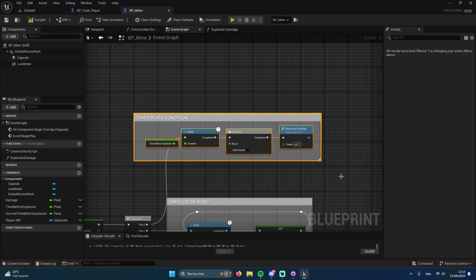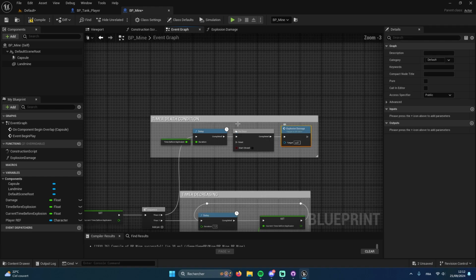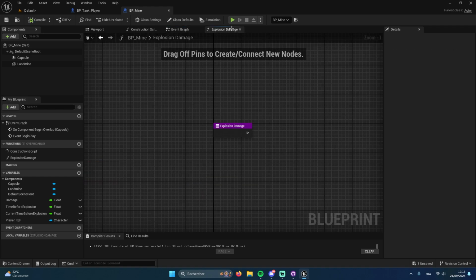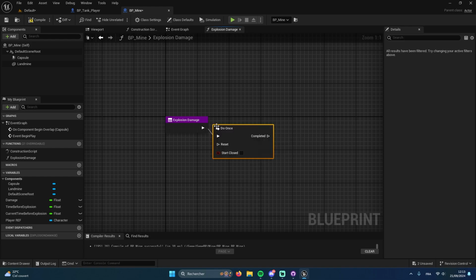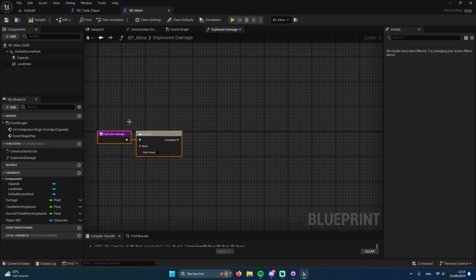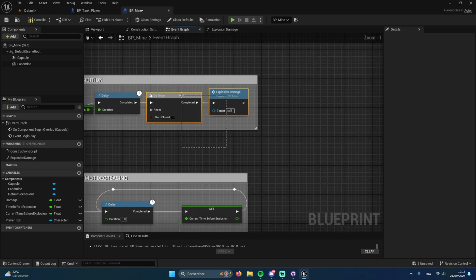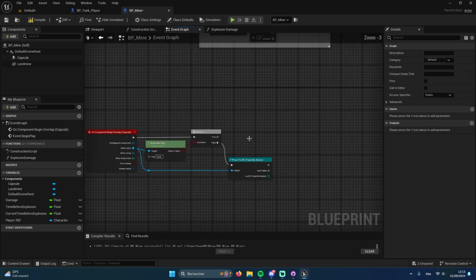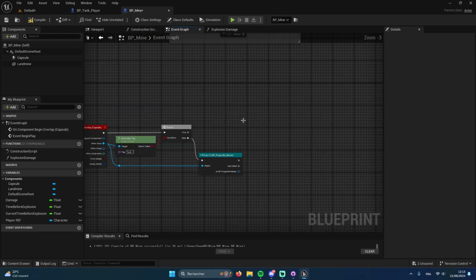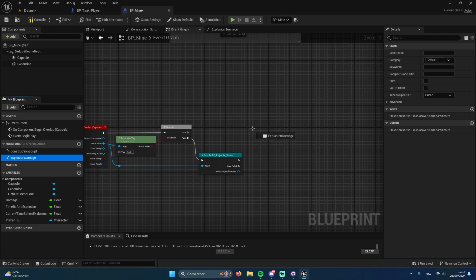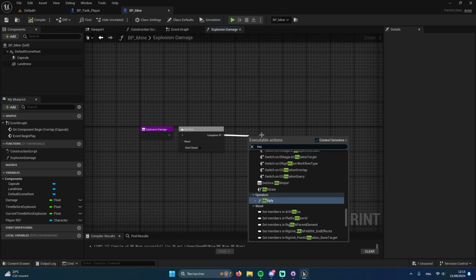So this gonna make the explosion damage after this. Now into the function, just make a do once. This is like a security because if it's trying to explosion damage there and explosion damage here, this is gonna be confused later. So do once and search for